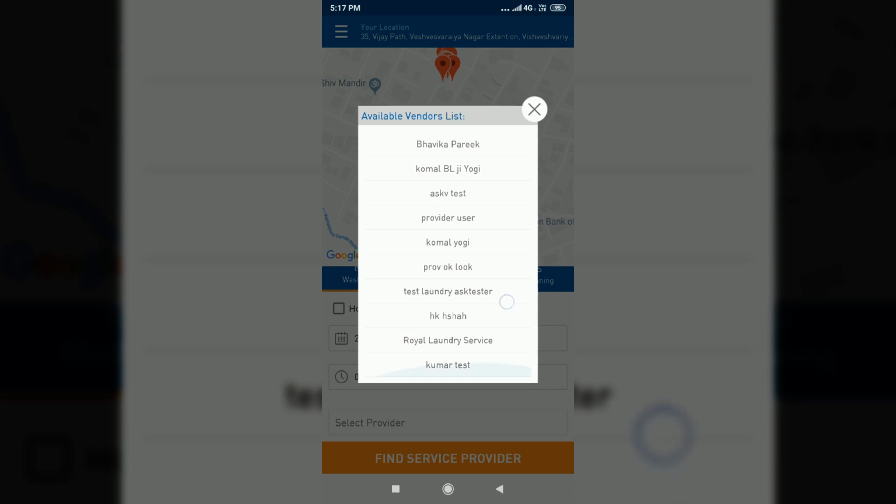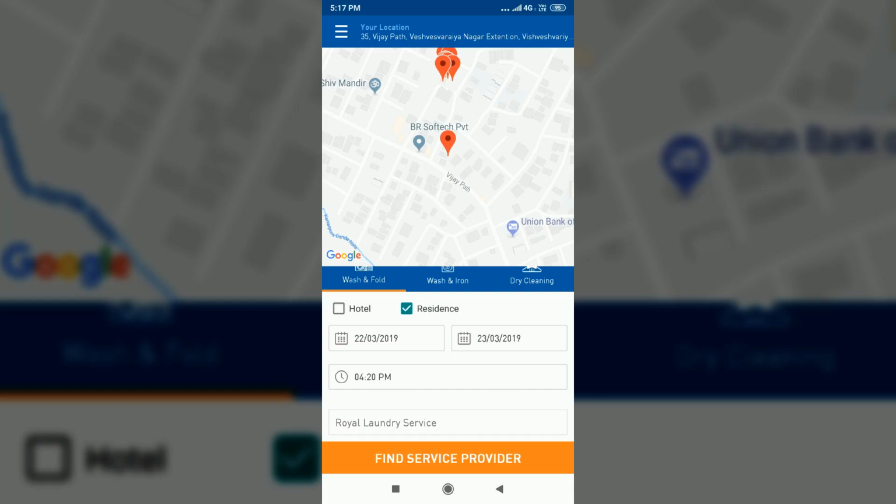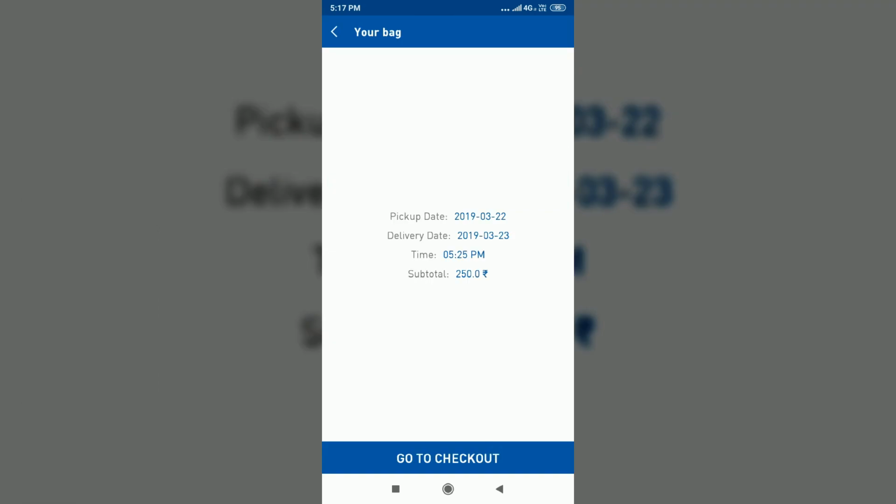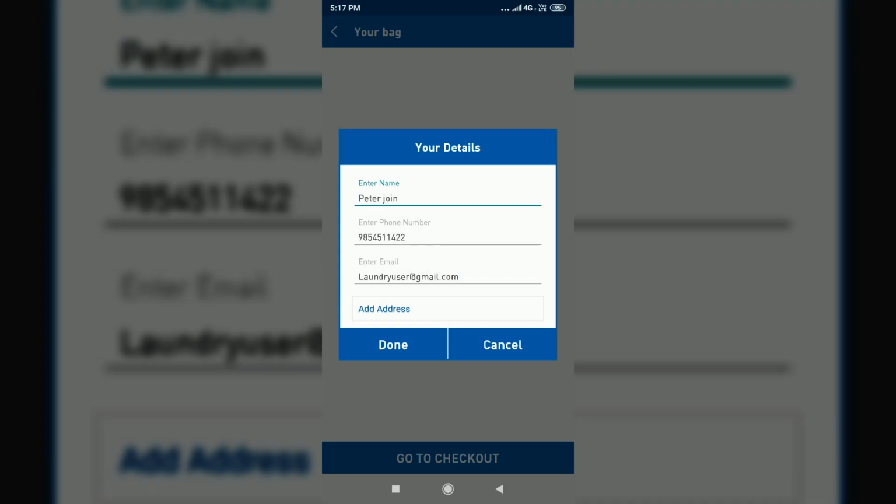I have chosen the Royal Laundry Services. Okay. Select the weight estimation, 6 kg, add to bag. I get the estimation price and go to the checkout, add the details of the delivery,